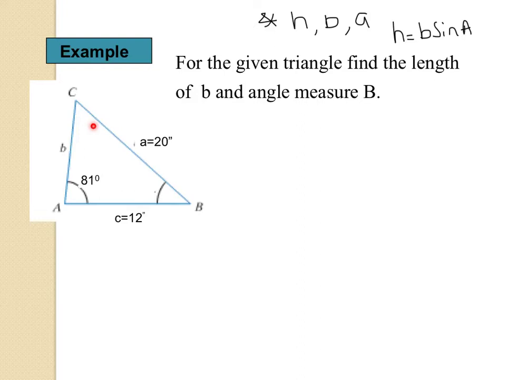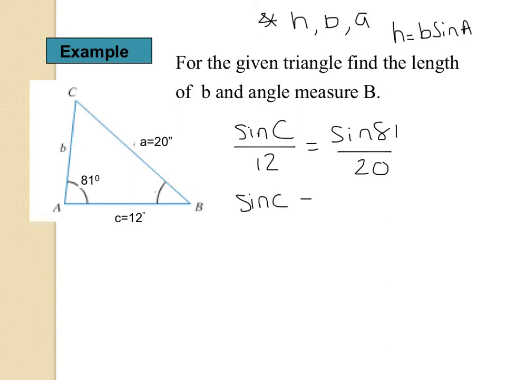Because I'm looking for angle C, I'm going to flip my ratios, and this is what I was talking about before. So sine C over side C equals sine A over little a. I flipped them so that I don't have to confuse that cross multiplying. What do I have to switch over? I think it's easier just to multiply both sides by 12, and then we can rewrite it. Sine C equals 12 sine 81